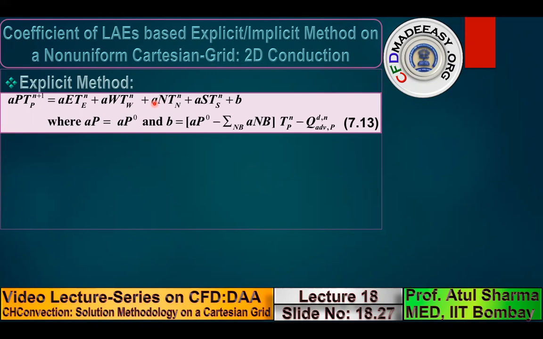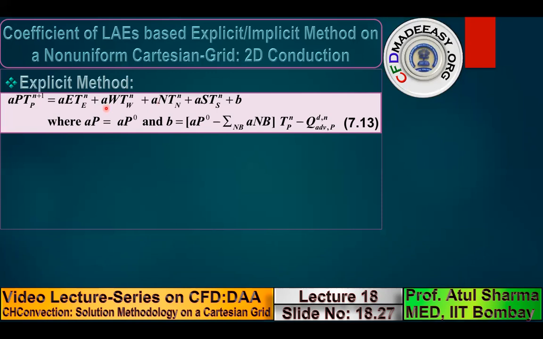However, if you are developing a general program or general software for both explicit and implicit methods, a general formulation was presented also for the explicit method. However, note that the deferred correction approach is not needed for the explicit method because you don't have any iterative solution in an explicit method. In an explicit method, you have only a loop corresponding to time, but in an implicit method, you have two loops at each time step. One loop is for the time, and another loop is an inner iteration because the system of algebraic equations is solved iteratively.